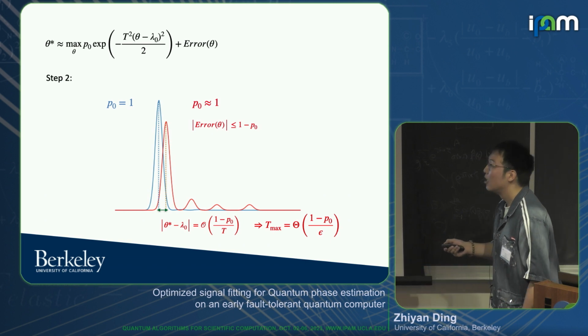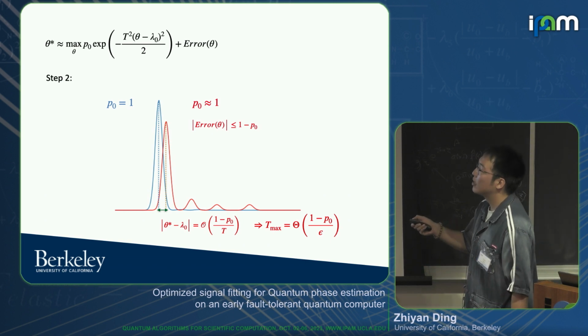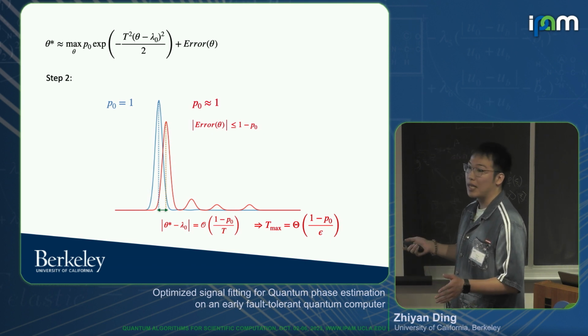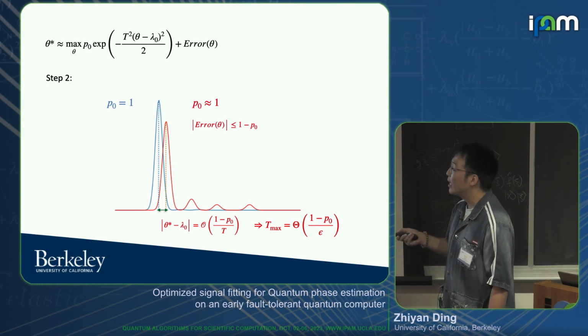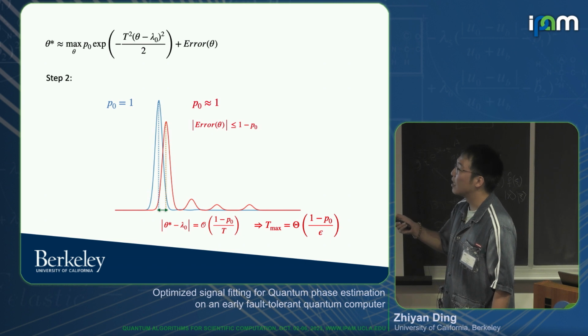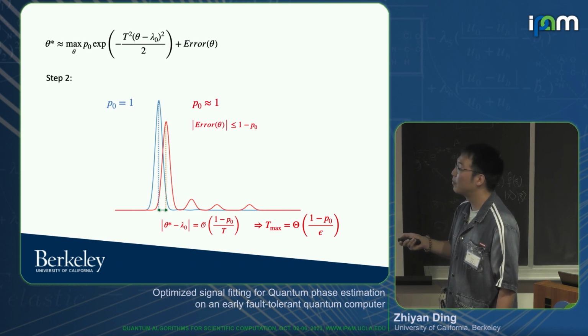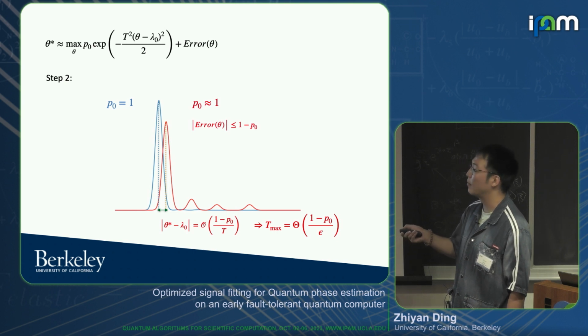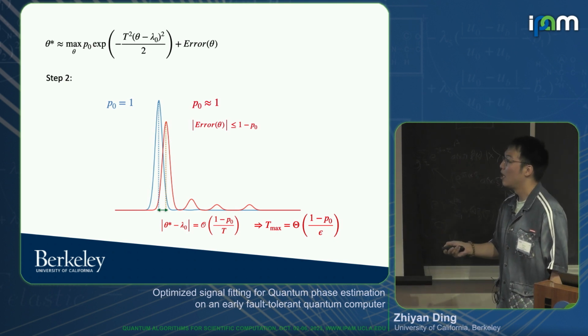However, since our error is always bounded by 1 minus p0, by doing some calculation, we can show that the effect of this error term can be bounded by 1 minus p0 over capital T. Essentially this green distance is bounded by 1 minus p0 over capital T,